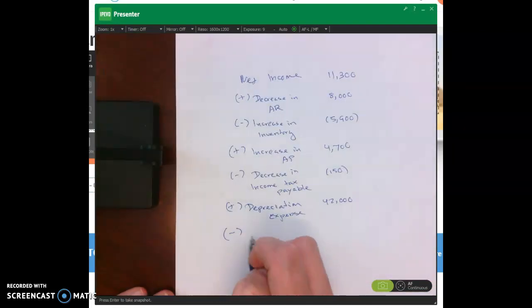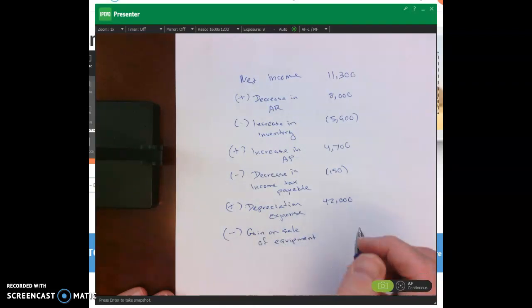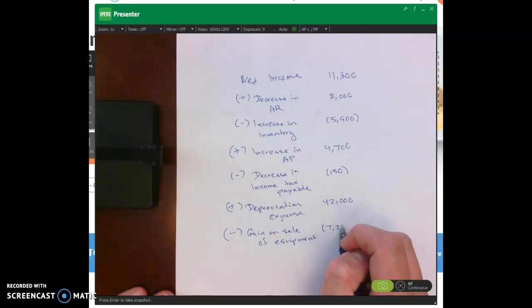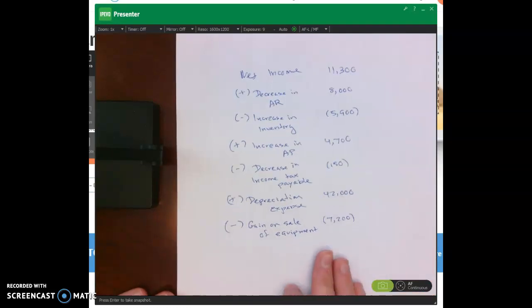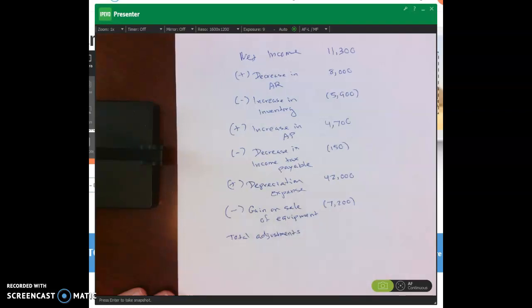Say minus gain on sale of equipment, which is given to me at $7,200. And then I'm just going to put this total down here. It's not the official format, but I just want to show you the total adjustments for learning purposes. So I'll say my $8,000 minus my $5,900 plus the $4,700 minus the $150 plus $42,000 minus $7,200 gives me total adjustments